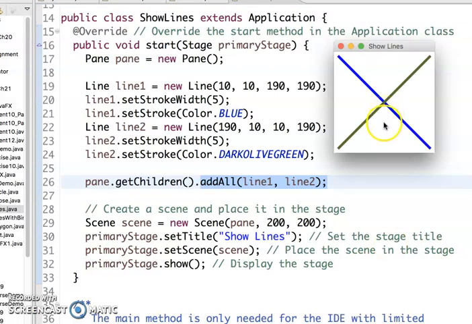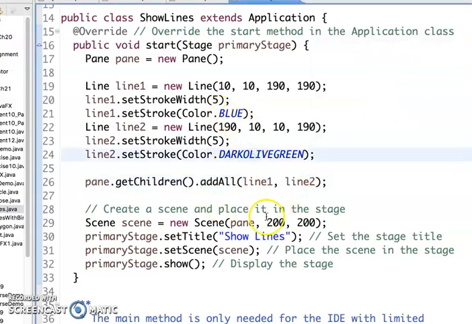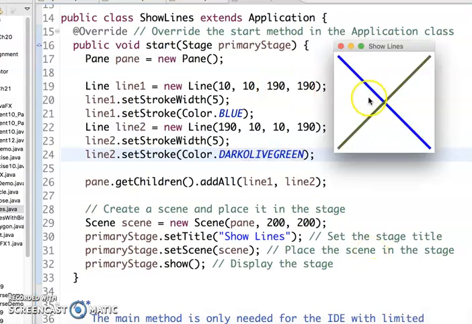Again, you're using the pane for your things, right? You have your coordinates for each line. Actually we played the tricky part earlier because we set the size as 200, 200. So then we have 10, 10, 190 to make these two lines kind of fill up the window. But remember,